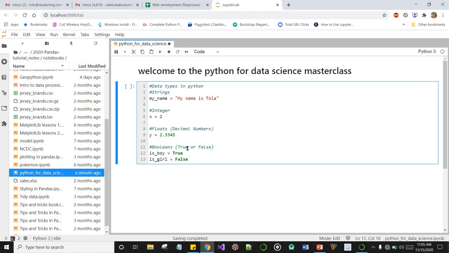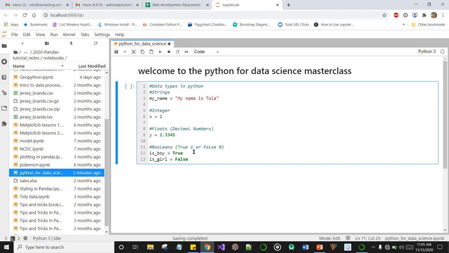So true, which is 1, or false, which is 0. Okay, so these 3 or 4 data types in Python are very, very important, and even in programming you see them all around. So I just quickly want to lay a quick foundation on showing you the data types we have in Python, and we're going to be using them a lot in today's analysis.